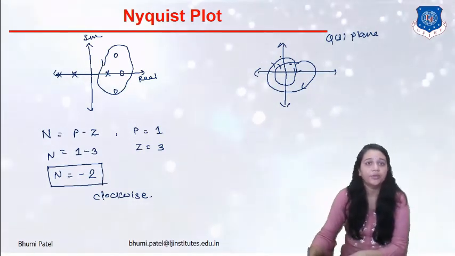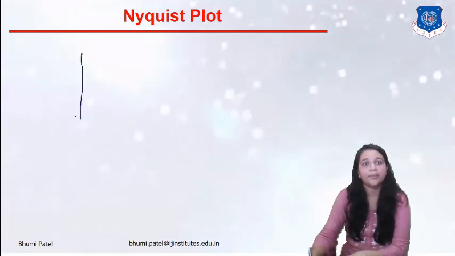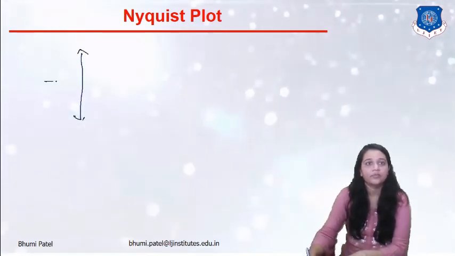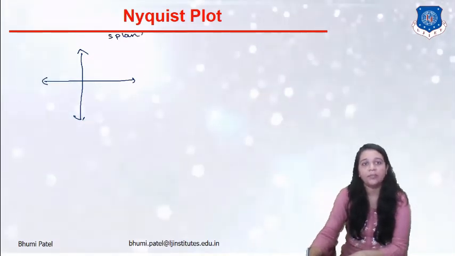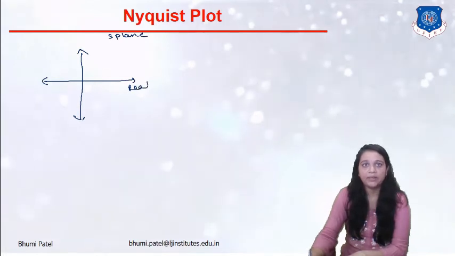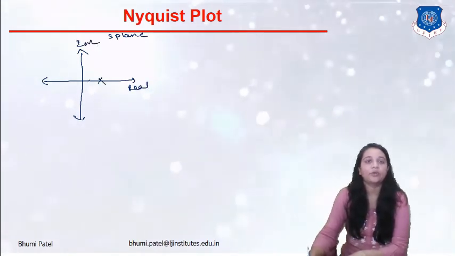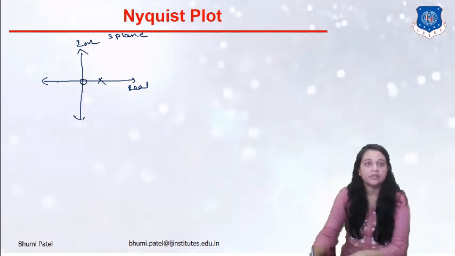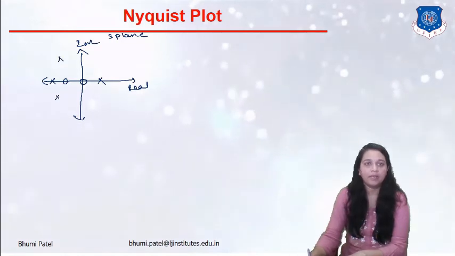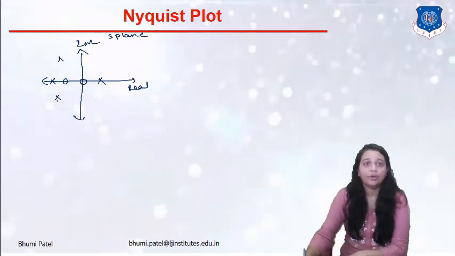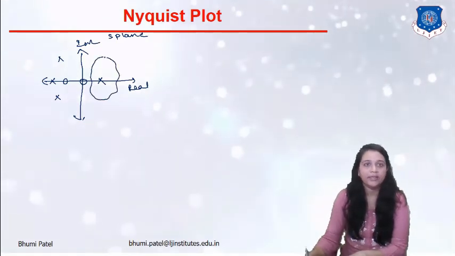Now suppose this is the next example. Okay, this is my S plane, this is my real part, this is my imaginary part, and one pole is located here. One zero is located at the 0, the second zero, third pole, and the next 2 poles. Okay, this is my imaginary pole. Okay, so the contour drawn in this example is like that.